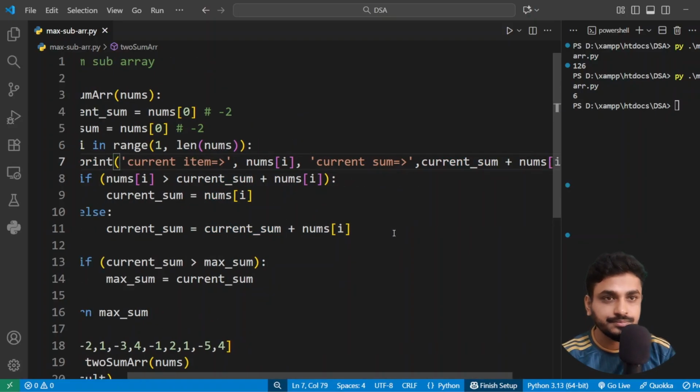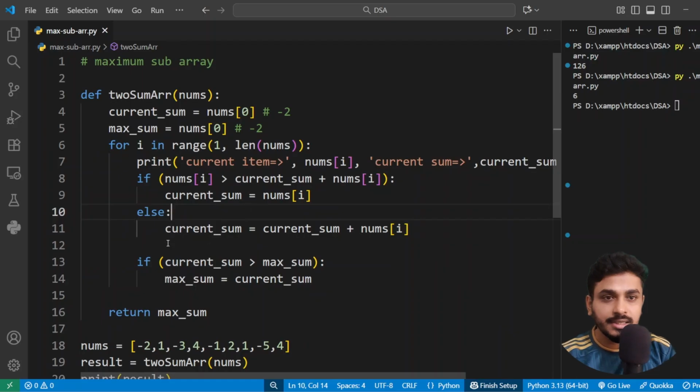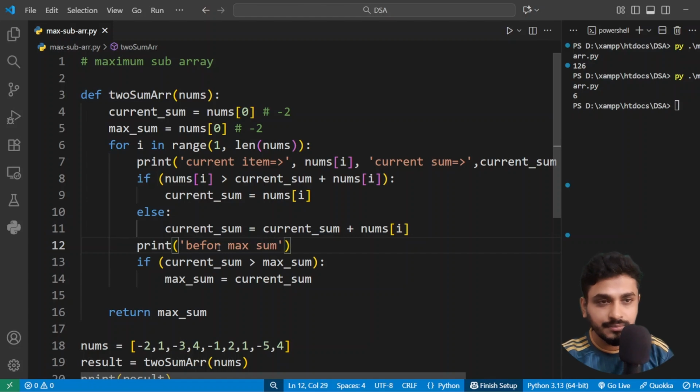Okay, and here I need another print, so it will be before maximum sum, before maximum current sum, after current sum,